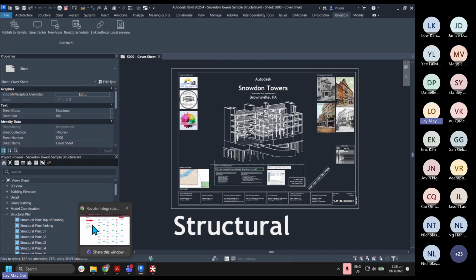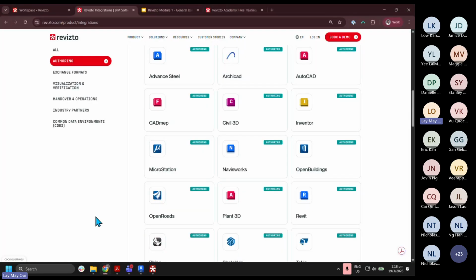Okay, coming back to here. I understand that most of you are very new to Re.viz.to, so allow me to introduce what Re.viz.to is. In short, we call ourselves an integrated collaboration platform. What it means is that if today I'm using Revit, but my subcontractors are using Tekla, or maybe my architect consultants are using ArchiCAD,